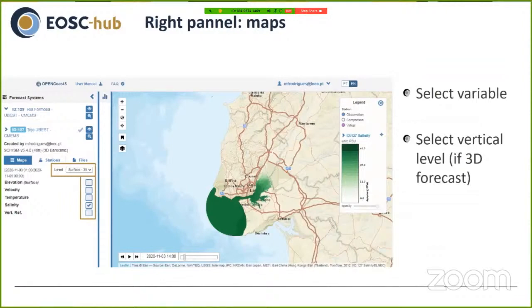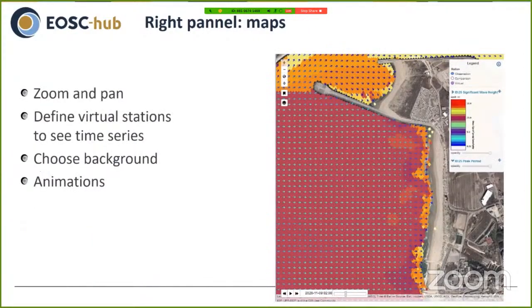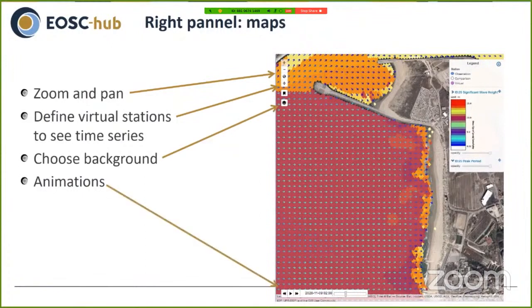For the maps, the user needs to select the variables that they want to see and the vertical level in 3D applications. There are several functionalities available on the map. Namely, the user can zoom and pan, can also define virtual stations to see the time series, can choose the background map, and finally can also see some animations of the model results.